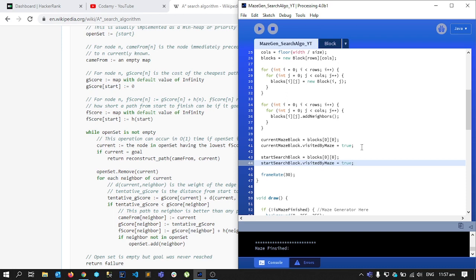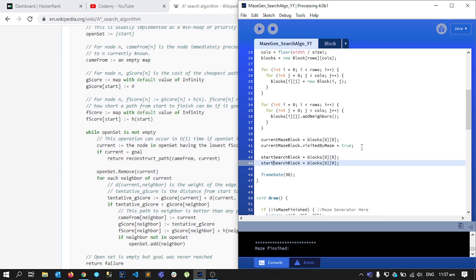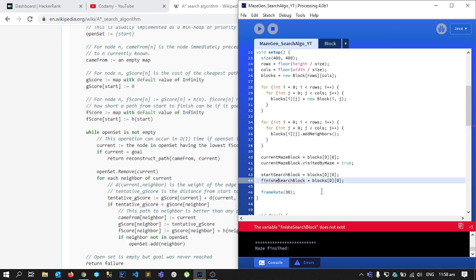Actually, not here, we don't want to do that here. But we also need to initialize our finish block, the finish search block. Okay, I have a spelling mistake here, let me fix that. So we have a finish search block that will be inside the last row, and then the column will be